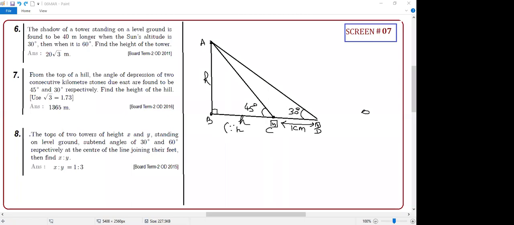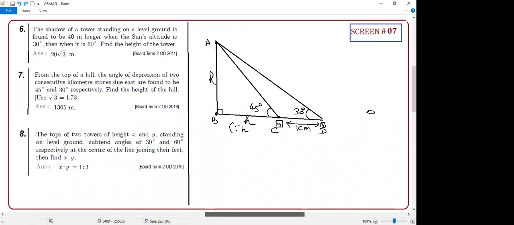Okay, tell me the next question, whether you need my support. They're asking ratio, correct or not? Yes, sir. You just give the diagram, sir. Okay. Diagram, right. So the tops of the two towers of height X and Y standing here, okay, subtend the angle 30 degree at the center, guys. This is feet, okay. This is one tower. This is other tower, right? And this is a center.